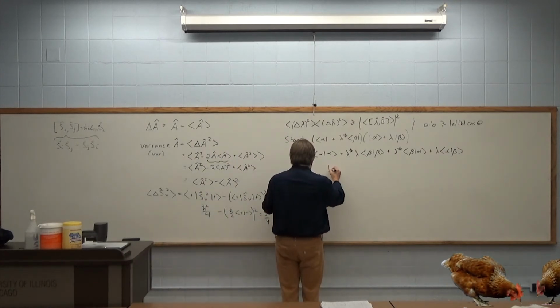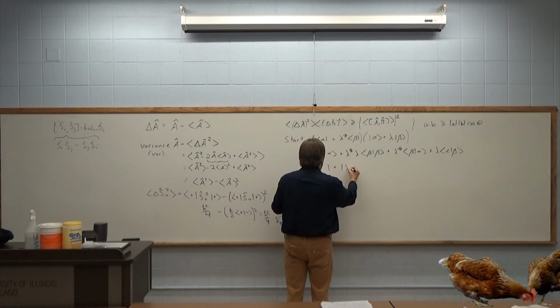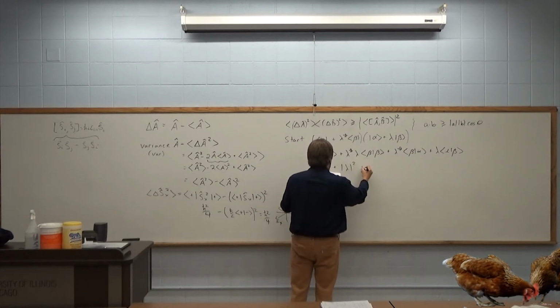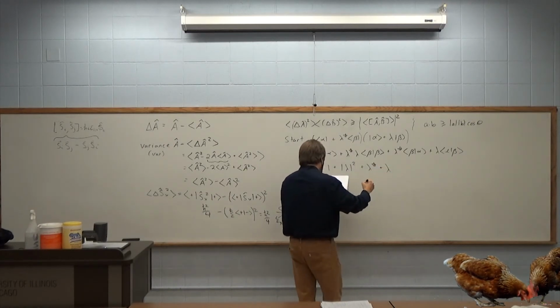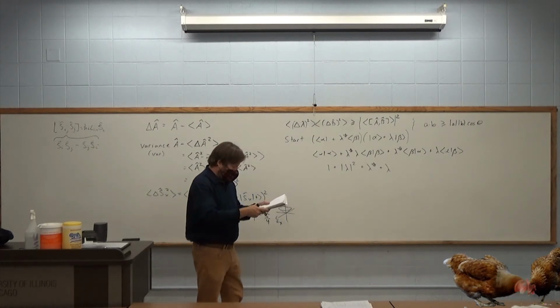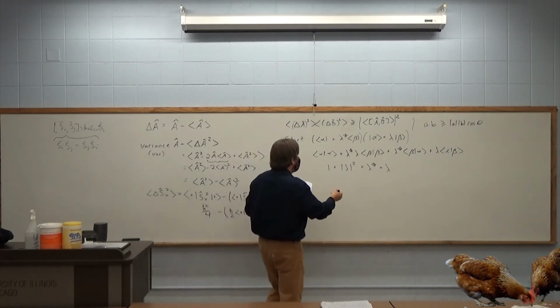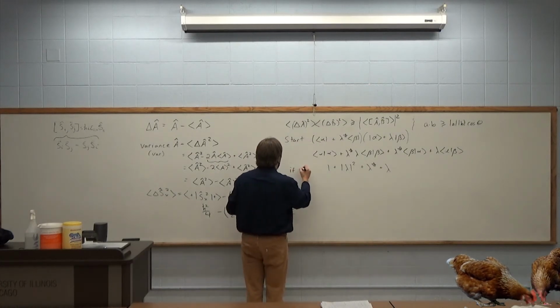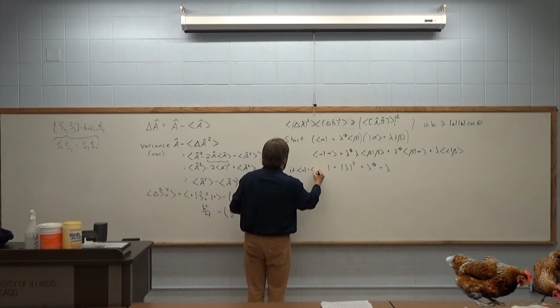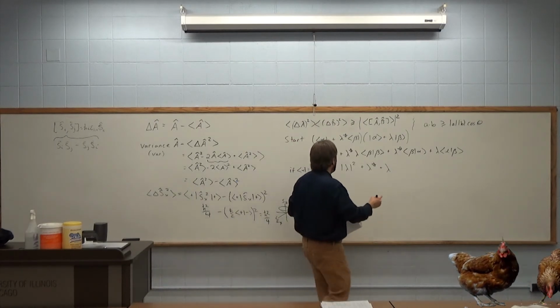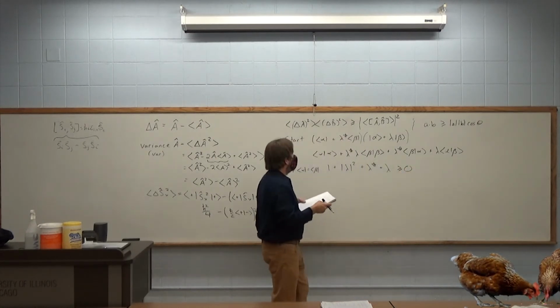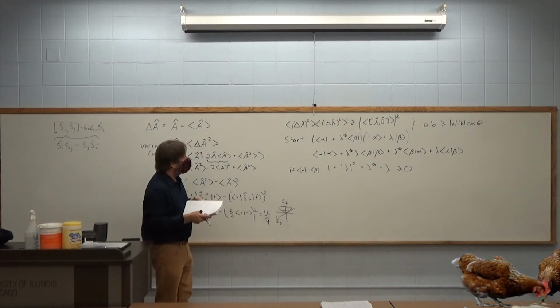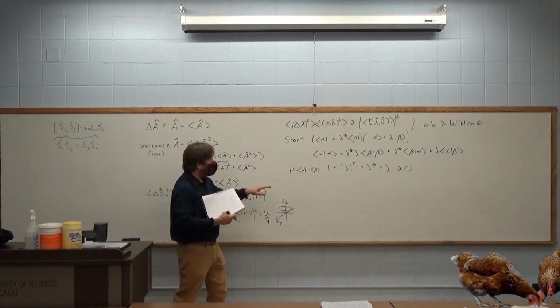Okay, now again, let's not go too nuts. So let's assume that the inner product is 1, and we're assuming that the states are normalized. And here's the thing. If alpha is equal to beta, if that's the case, this has to be greater than or equal to 0. Yeah, it has to be greater than or equal to 0. And that would be because